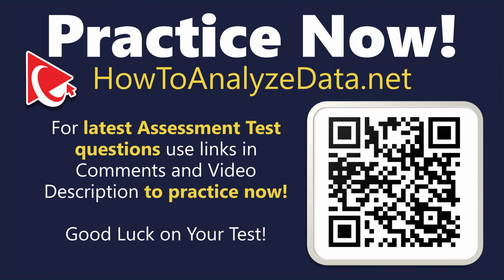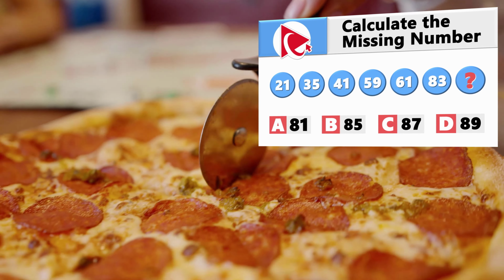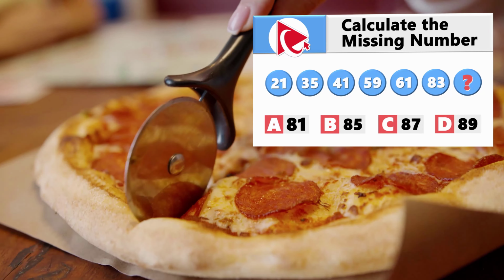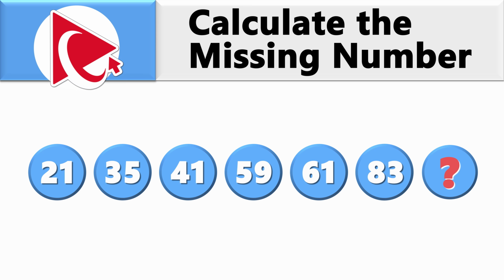With this question, get ready for the mental marathon. Solving this puzzle is a little longer than the wait for your pizza delivery, but you will enjoy it as much as the freshly made pizza. You're presented with the sequence of numbers. The numbers are 21, 35, 41, 59, 61, 83, and then comes the missing number, which you need to calculate